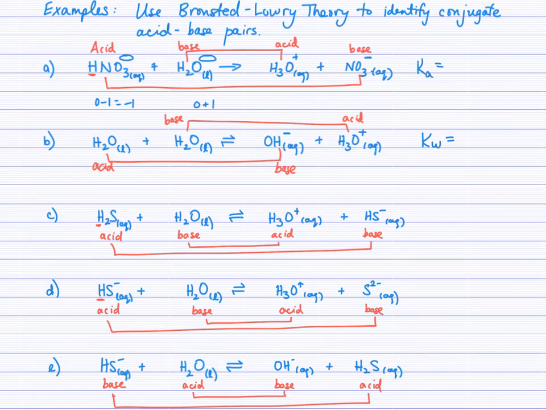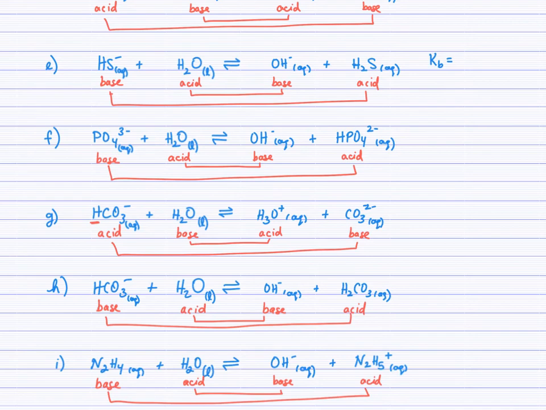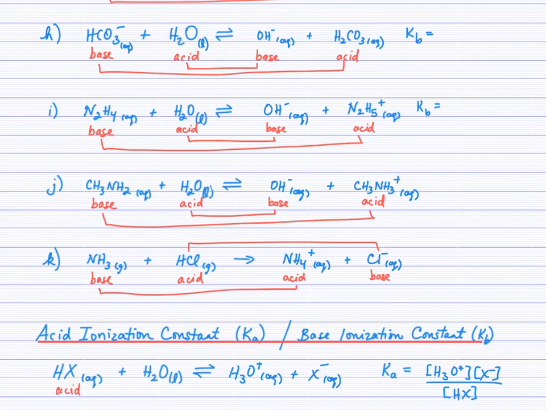The next one down here, H2S is behaving as an acid. You'll write an expression for Ka. HS negative in part D behaving as an acid, Ka. In part E, it's behaving as a base, call it Kb. In question F here, the phosphate's behaving as a base, call the expression Kb. In G, bicarbonate's behaving as an acid, call it Ka. Kb for bicarbonate here, and Kb for the N2H4. What's left? The Kb for